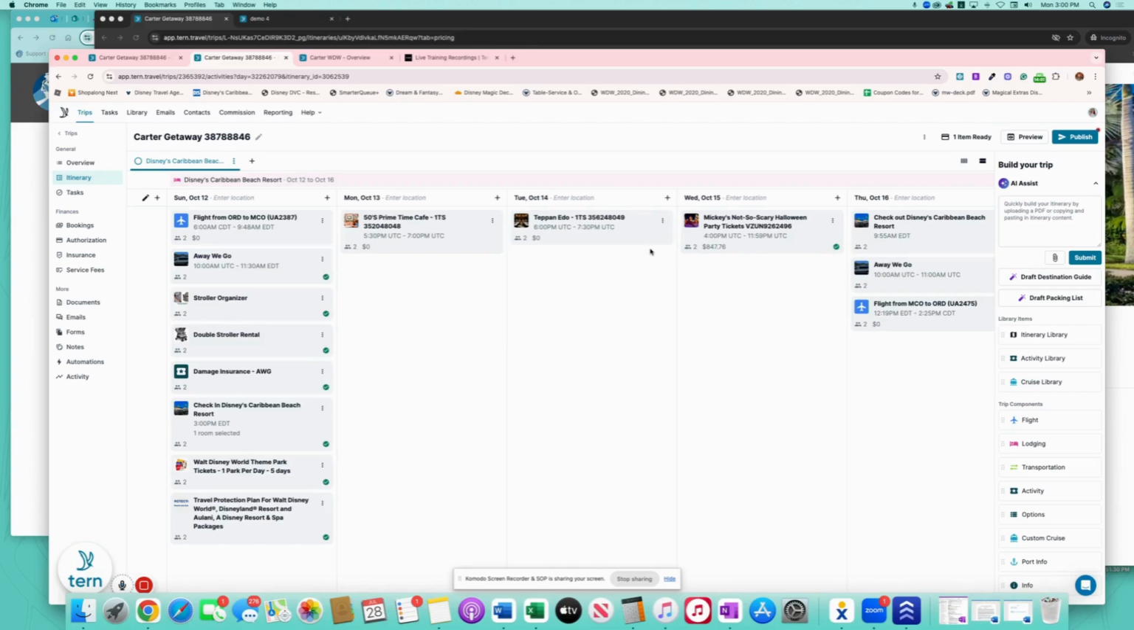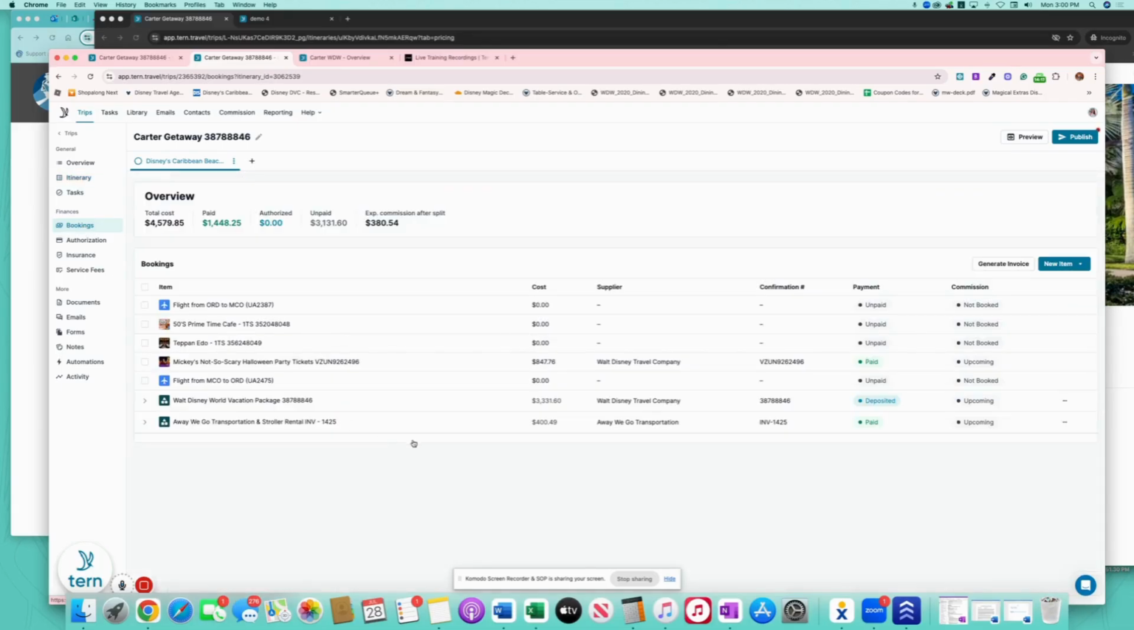So what do we have? We have our flights, we have our transportation, we have stroller rentals, we made a package for our transportation and stroller rentals. Why? Because there's one confirmation number with all of those items. It's similar to a Walt Disney World package. It's an Away We Go package. And we have one singular booking for our Mickey's Not So Scary because it has a separate confirmation number, and we are expecting commission on that. And we are all set. So we can publish this trip,